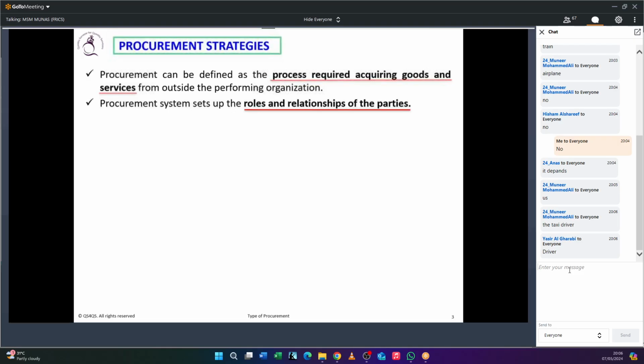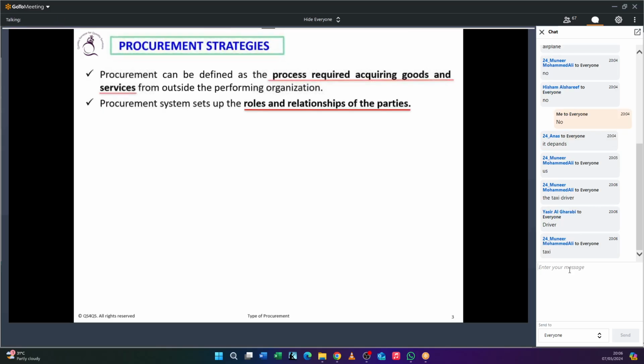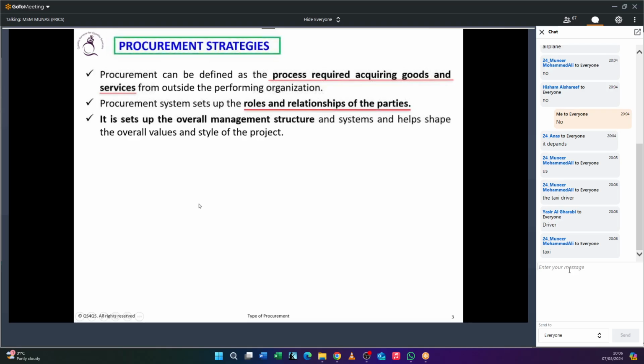Say going by own vehicle or taxi, which will be more costly? Say a 100-kilometer distant city, the taxi will obviously be costlier, and accordingly, you are going to decide which procurement route is much better to do the project. So depending on the roles and responsibilities changing between the procurement routes, every procurement route has its own structure. We will understand that. Okay, there's a management structure.